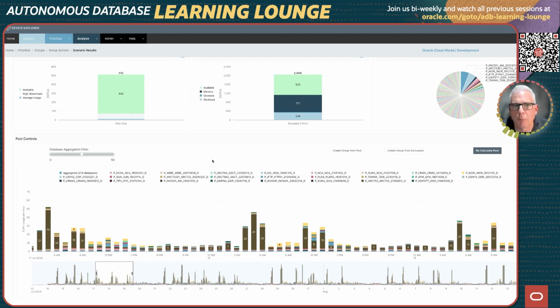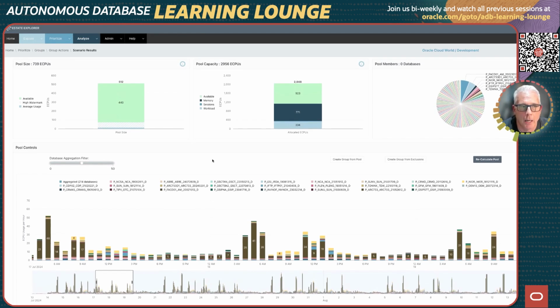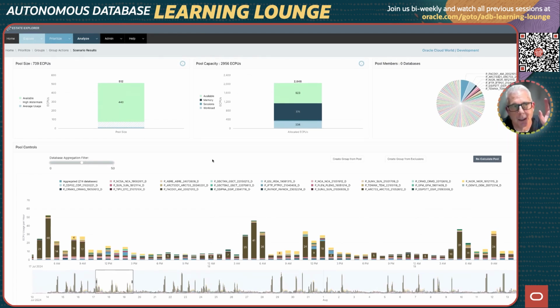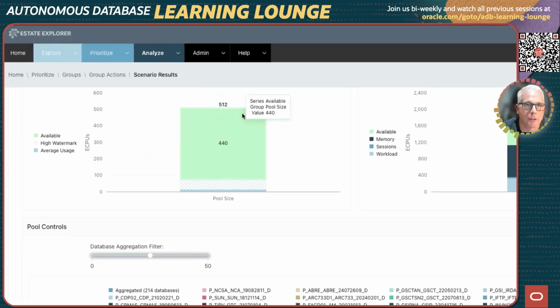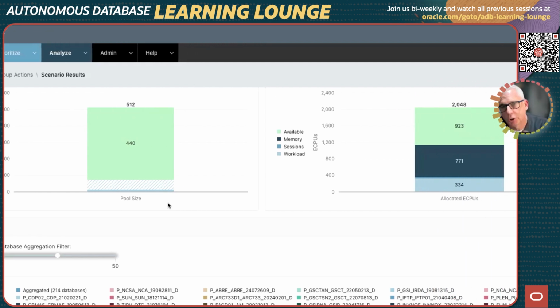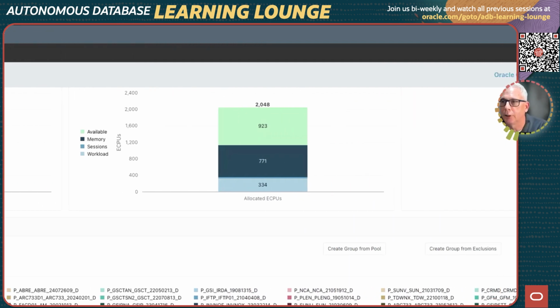You don't need to worry too much about that because the OEE will calculate this pool size for you. So in this case, it's telling us that we need a pool size of 512 eCPUs to drive this workload. So this left-hand bar chart is showing me my CPU usage for all of these databases. The bar chart in the middle is showing me what my CPU allocations need to be for all of these